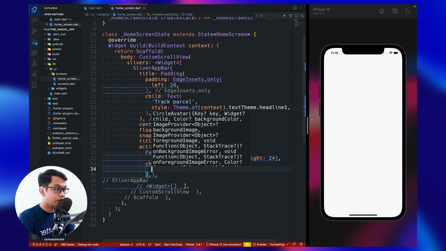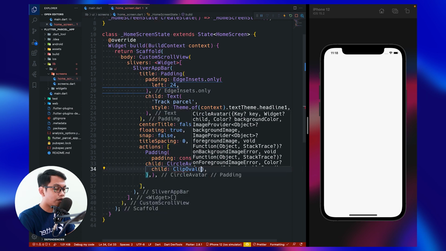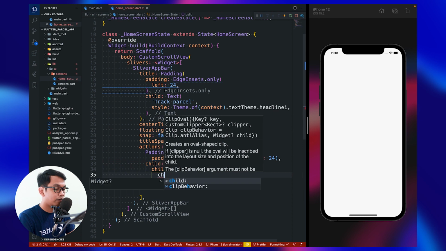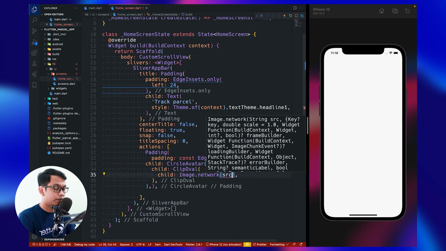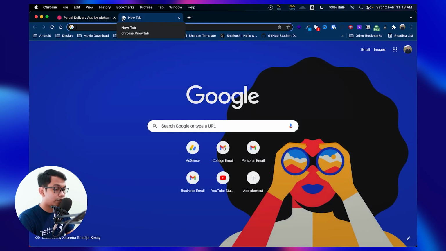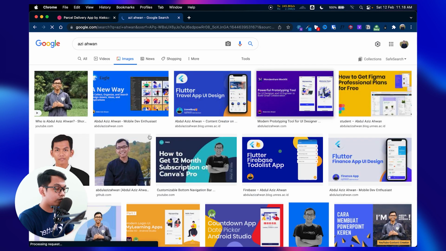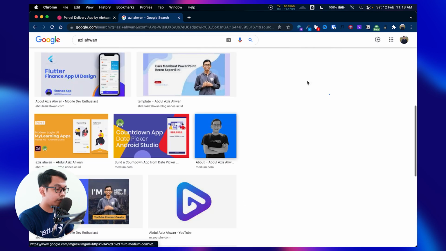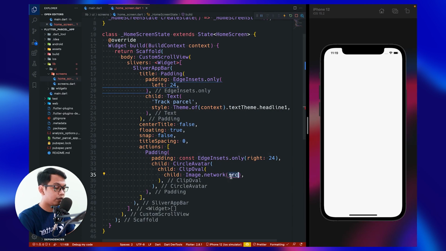Inside our circle avatar, we use child again, clip oval, and then for the child we use image dot network. Let's find an image, maybe my name, and I want to use this picture, and copy image address, paste here.